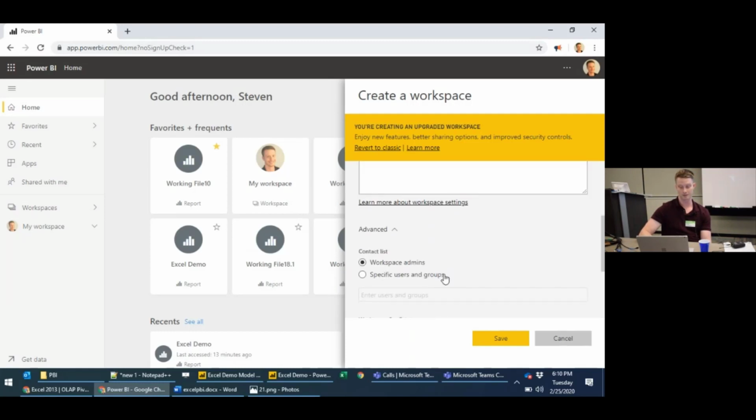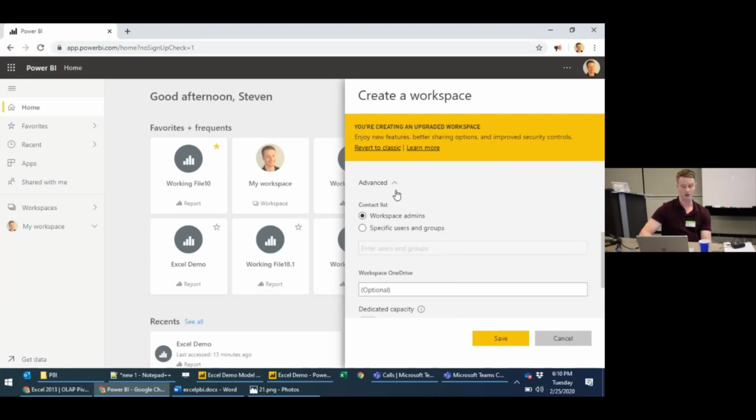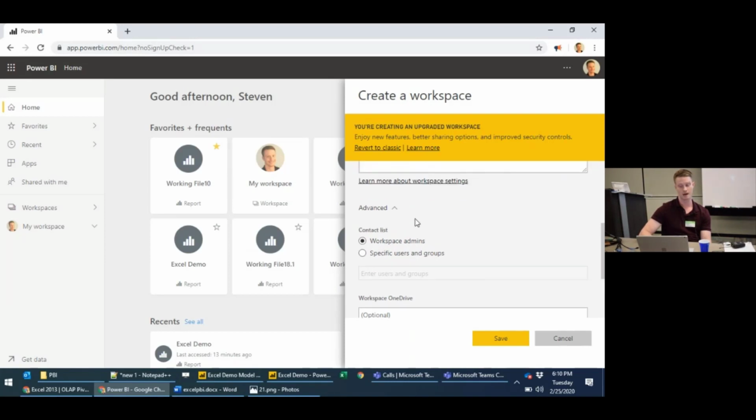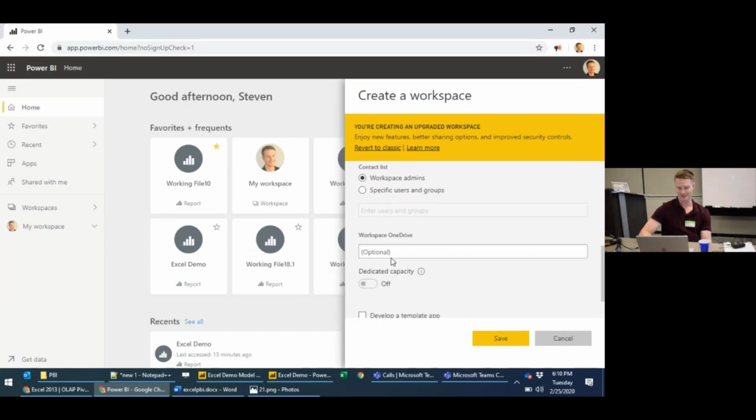You also have some advanced features here. I'm the only person in my tenant, so that's fine. What we have is the option to create a workspace OneDrive. I would really recommend this for anyone creating workspaces, to link a OneDrive to it. This is a great place to keep all your files and to keep the model-only Power BI files in this